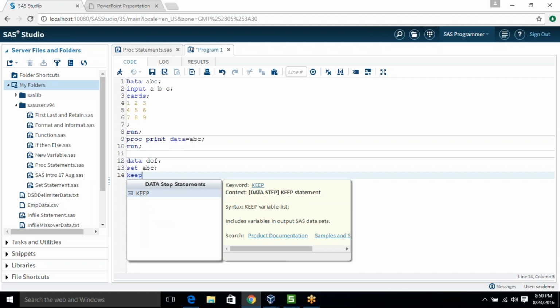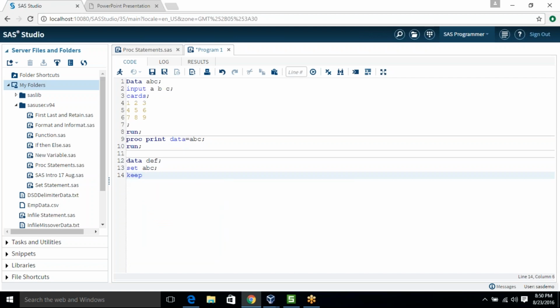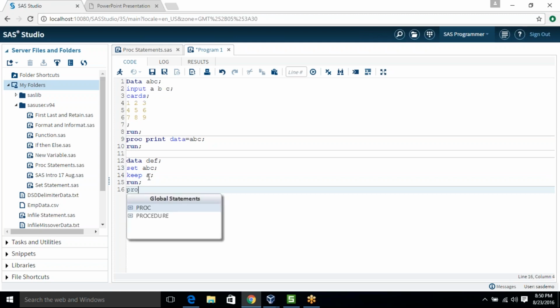So using the keep statement, you have to specify which variables you want to keep or retain. So in this case, I'm assuming that you can see ABC contains three variables, but I want to keep only A. So I will use only A. Run.